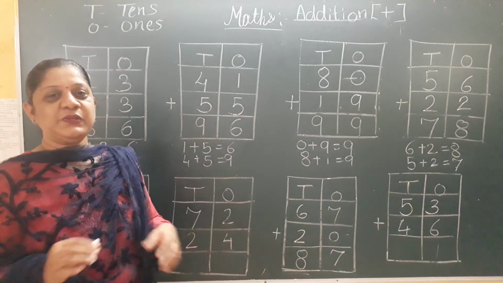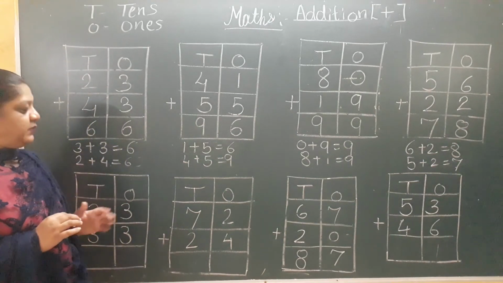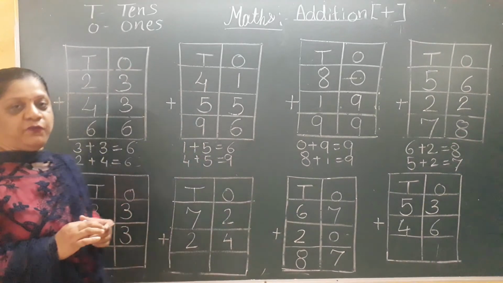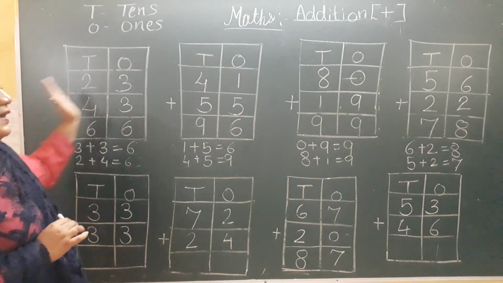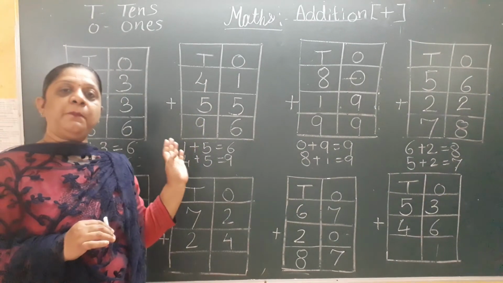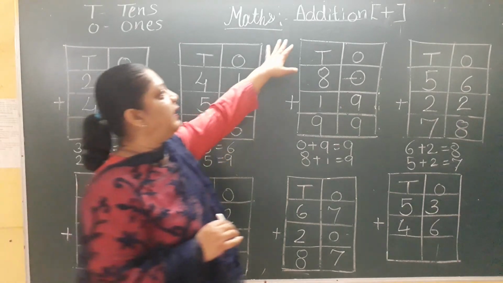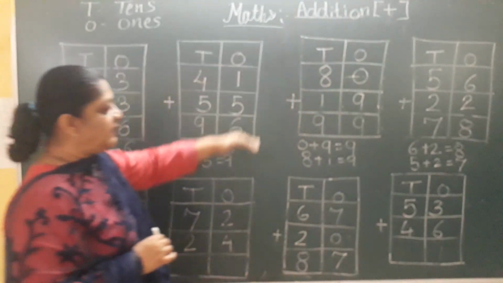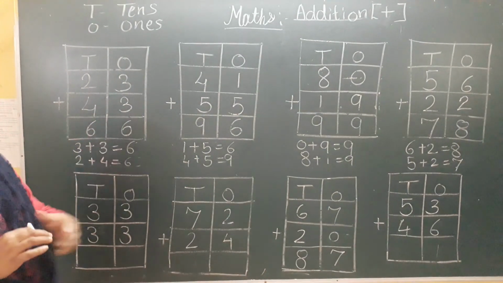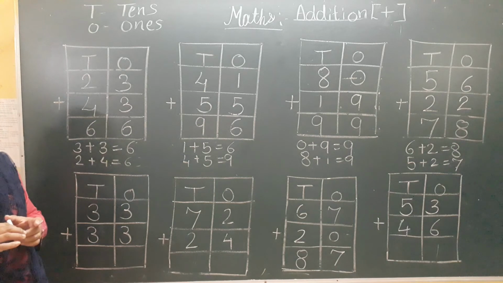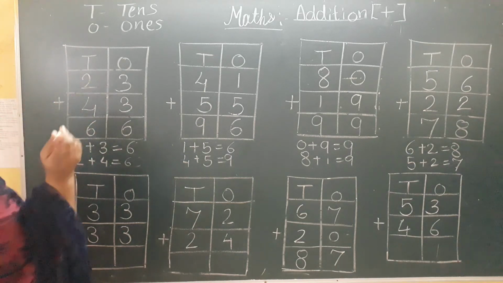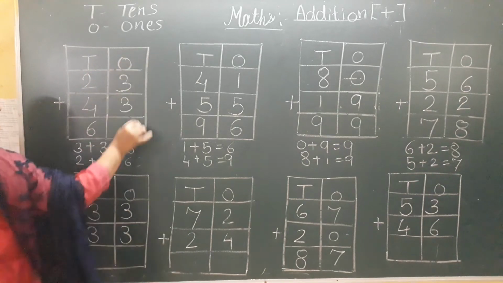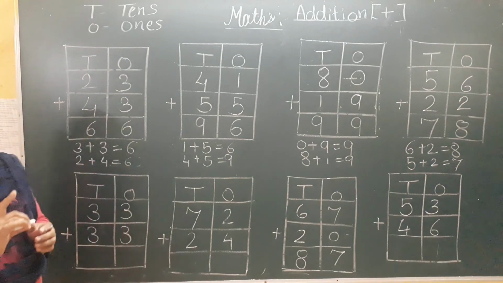Okay students, understood? Now this 1, 2 and 3 is your homework. And these 8 examples you just write in your maths notebook. First put the heading, addition and sign, and then write these examples in your maths notebook. Already squares are there. You just draw this line and this line. Use a scale.